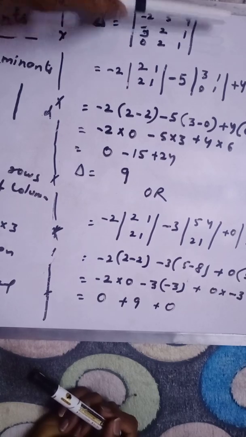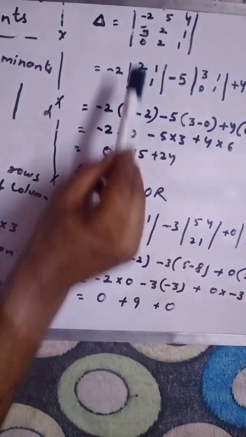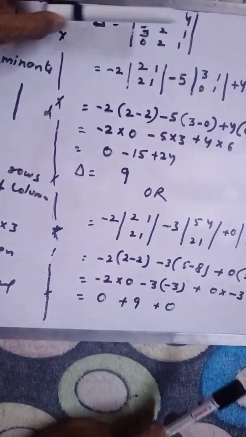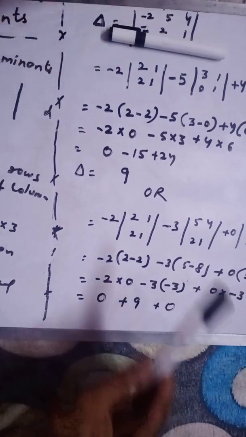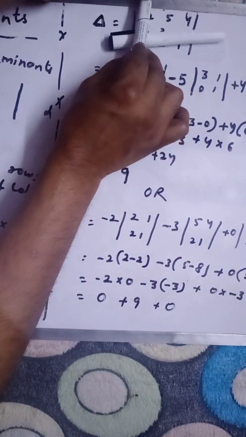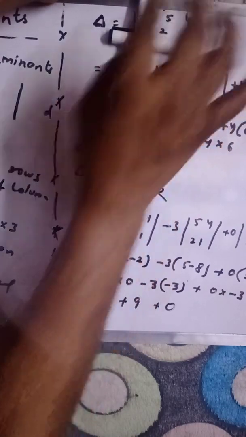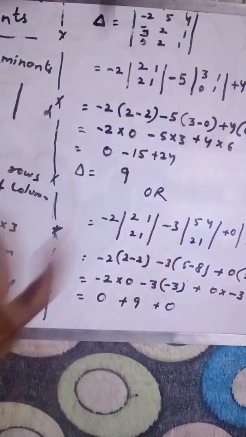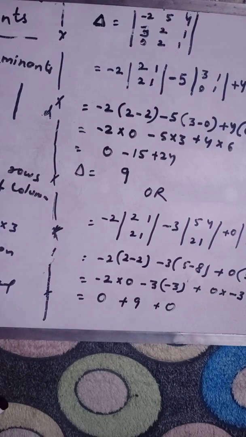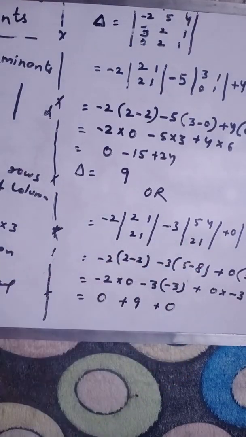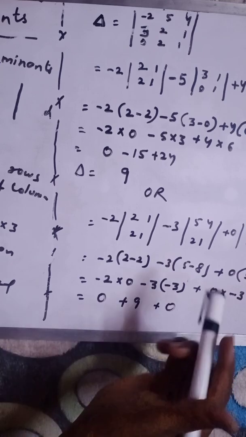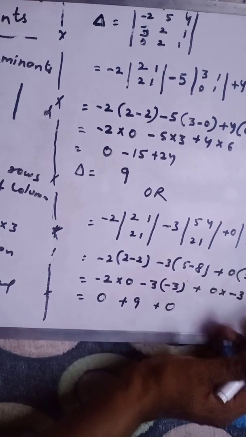Got it? And the next is 0 plus 0, so 0 is coming in this row and this column. So the rest of the elements are, as you can see, 5 4 and 2 1. So you have to check in which row and which column this element is coming. Okay, so you have to hide that row and column, and the rest of the elements you have to write in this kind of determinant. Fine, so this is how you will get this step.